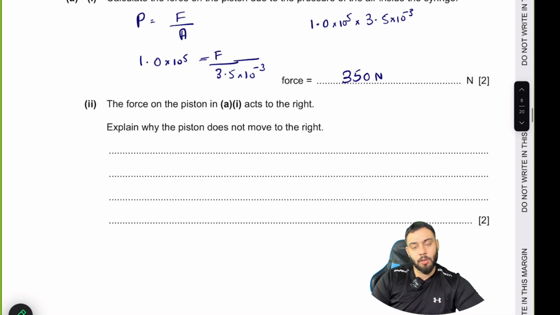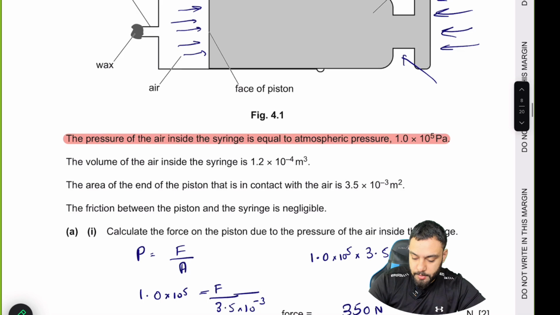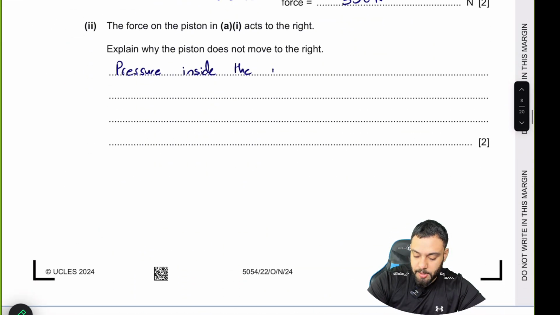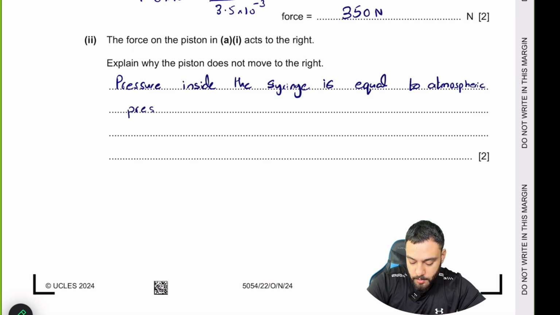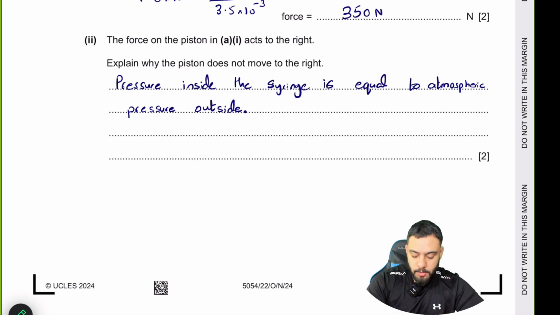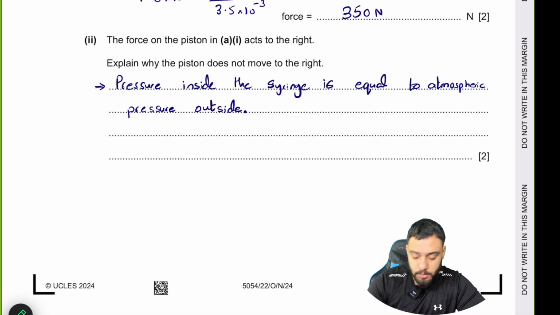So you'll start your answer along this line: the pressure inside the syringe is equal to the atmospheric pressure outside. That's one. So pressure inside the syringe is equal to the atmospheric pressure that's outside. So that's one. Second,